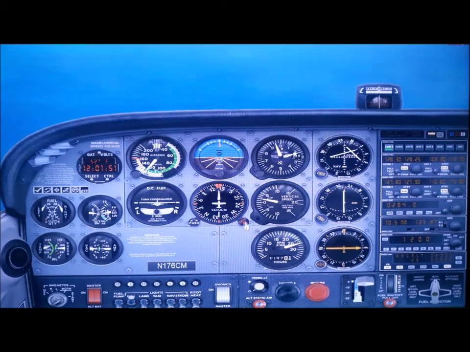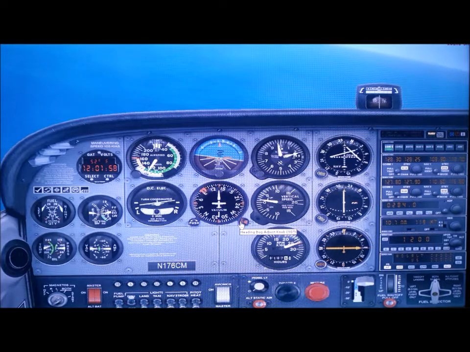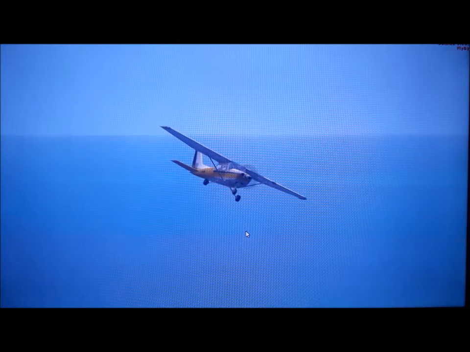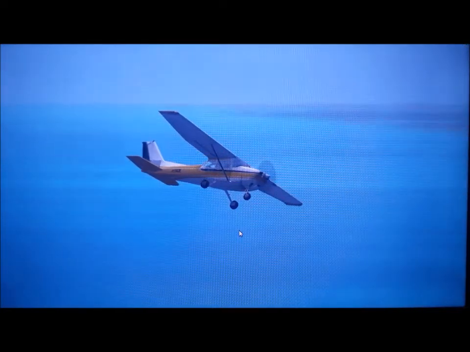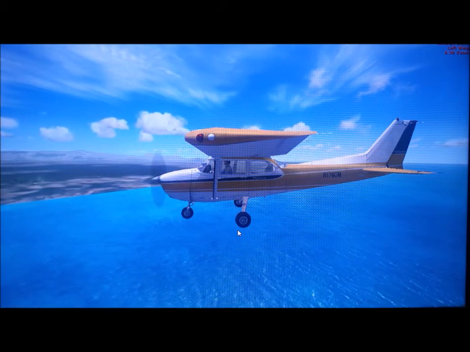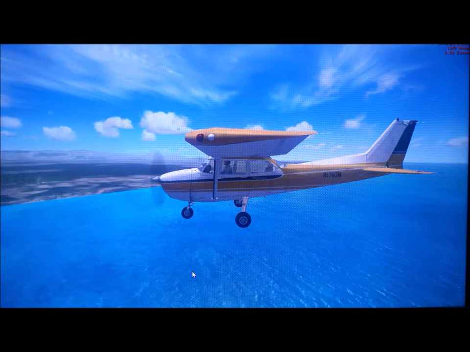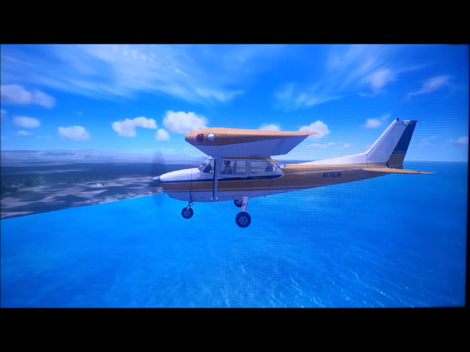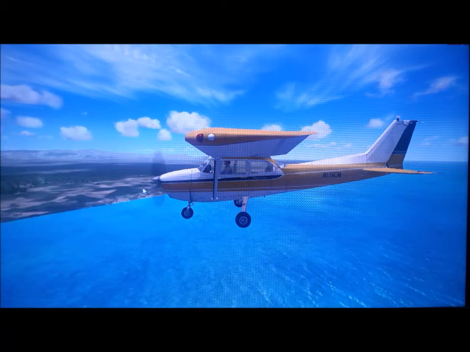Okay, now we will change the heading to 010. Now we are on 010 heading and coming to the coastal line.